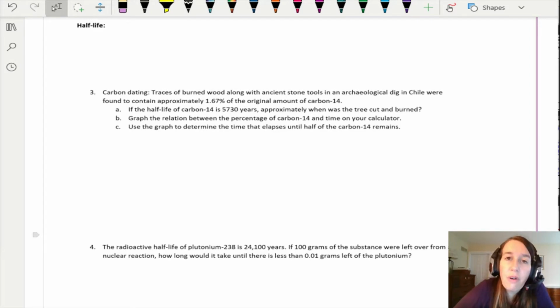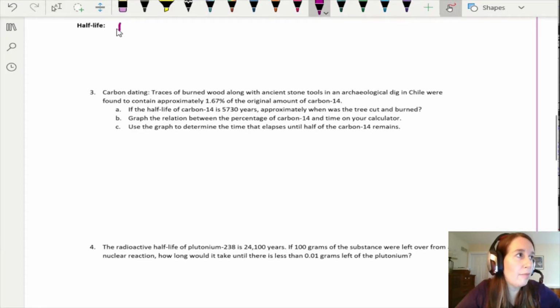To continue on exponential growth and decay, our next application is half-life. Half-life is used in carbon dating as well as in radioactive material decay, so it has a ton of interesting applications. And a half-life is defined as the time